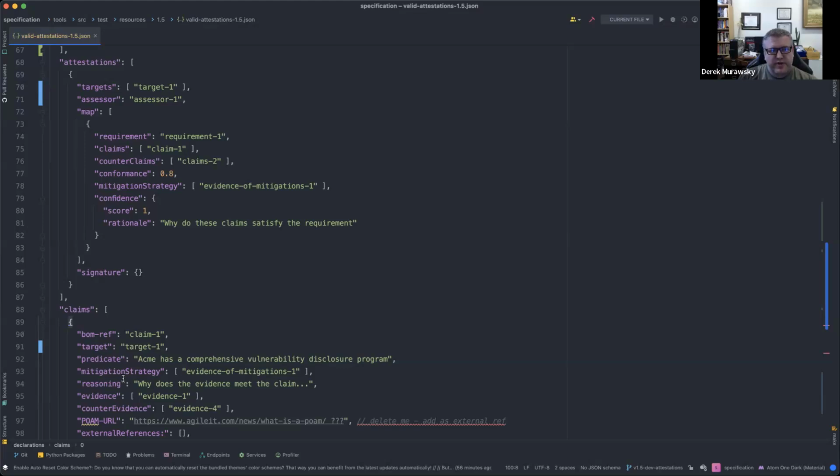But if we want to say that all of the software artifacts that we're releasing were all built underneath a SOC 2 umbrella, we could do that by listing the software artifacts and the targets and then having all of the evidence in this attestation object. So it is general purpose in that sense.